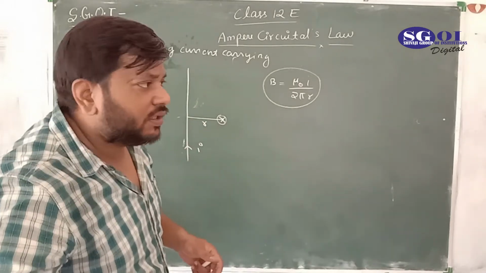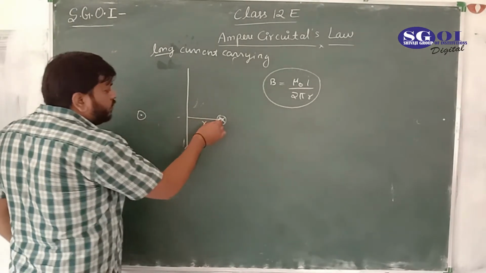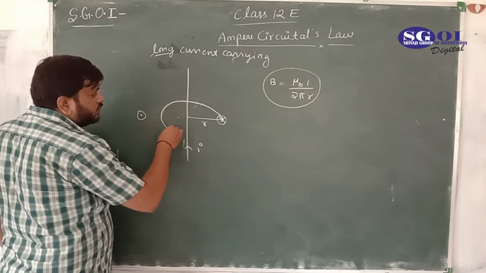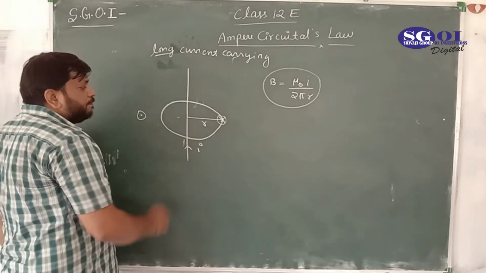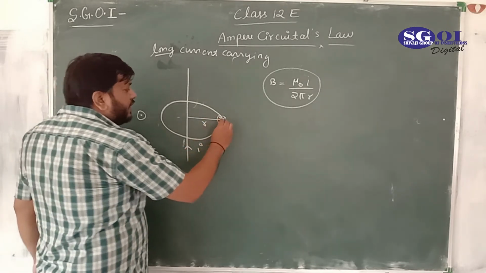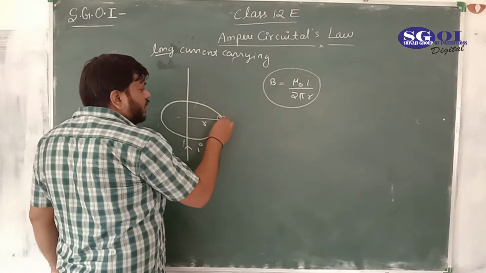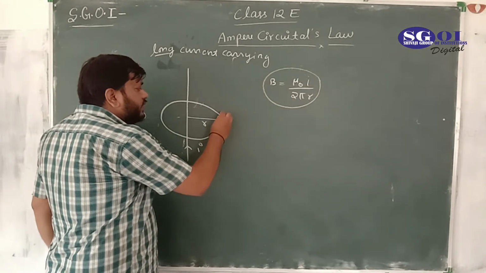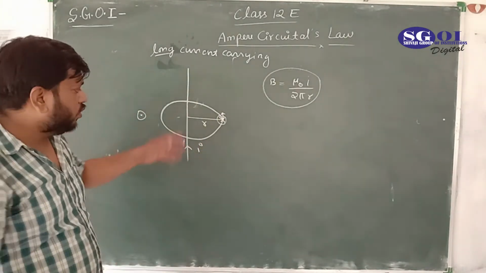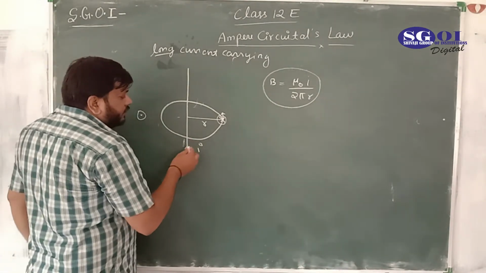So we would take a circular Amperian loop of radius r, and the magnetic field at this point is tangential to this loop,